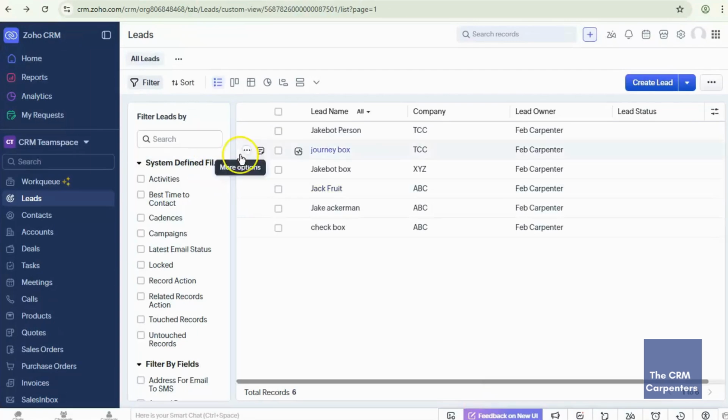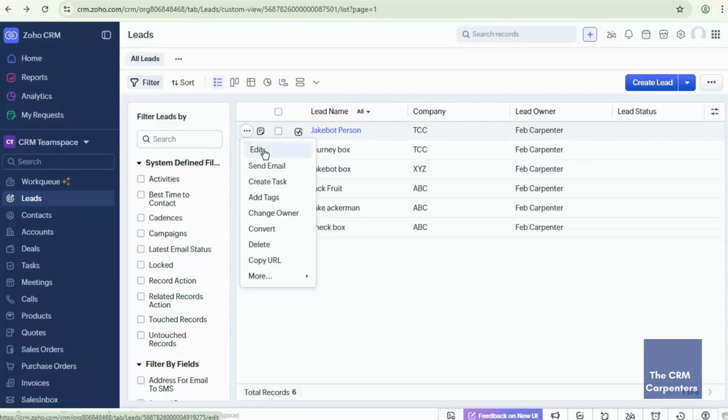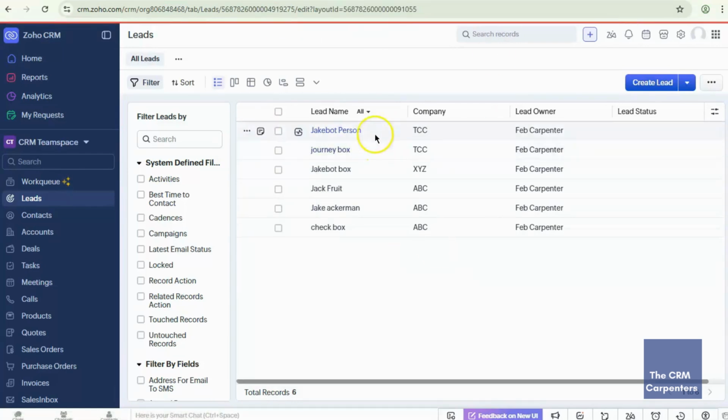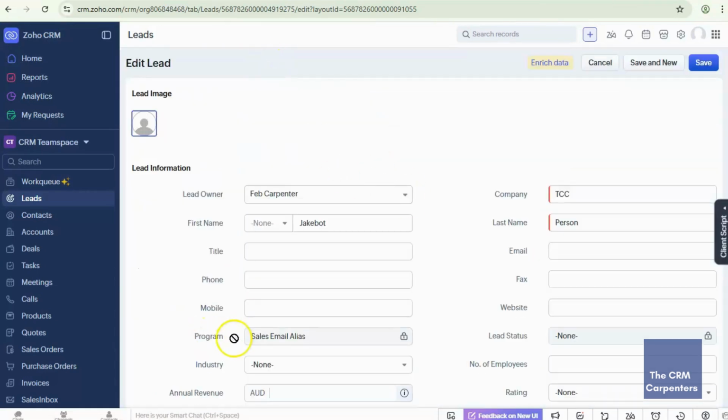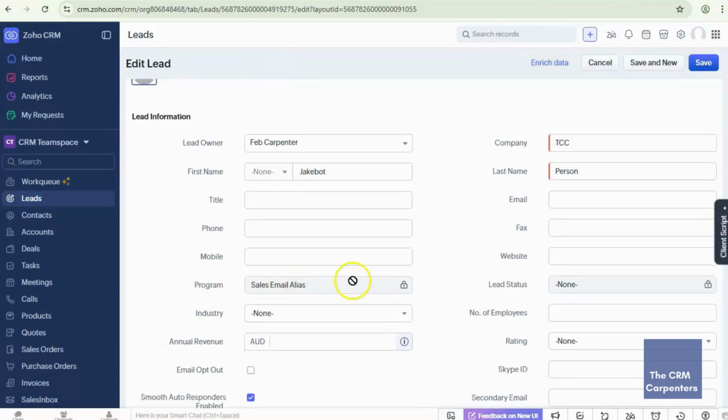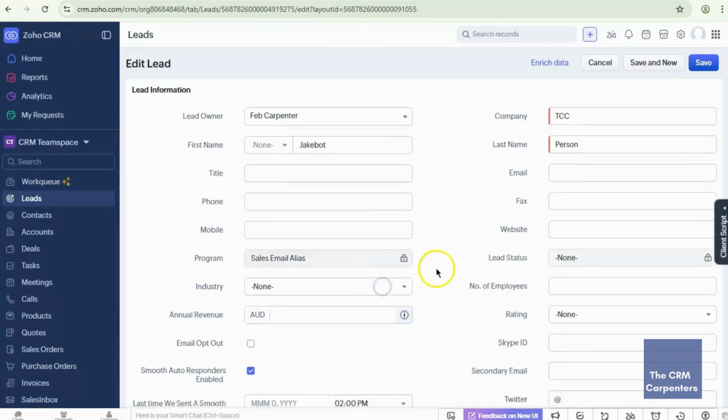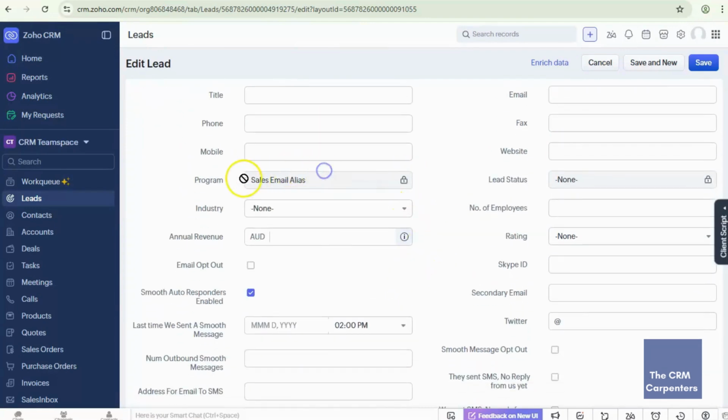Let's go back to that profile. In here, if we edit any of these records, what we're expecting is that it will disallow this user to edit that field. You can see that he is not able to edit this program picklist field.